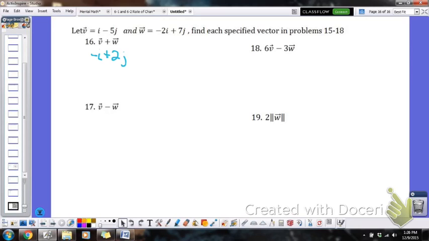Number 17, I'm doing v minus w. So I'm doing i minus 5j minus negative 2i plus 7j. So I'm doing i minus 5j plus 2i minus 7j, giving me